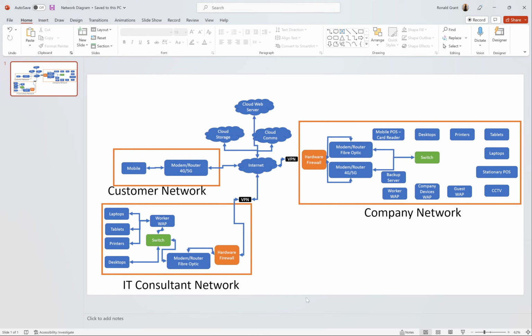I would also add the software. For example, even though this says a backup server, this might be a server which has Windows Server installed on it. It might also have a host-based firewall, so the actual firewall program on there. It might have antivirus on there, whatever you need. Now, I haven't connected everything because, again, it was going to take me way too long, but hopefully,